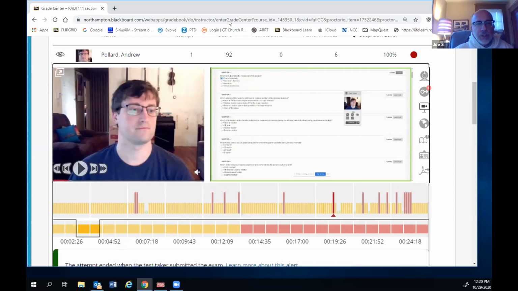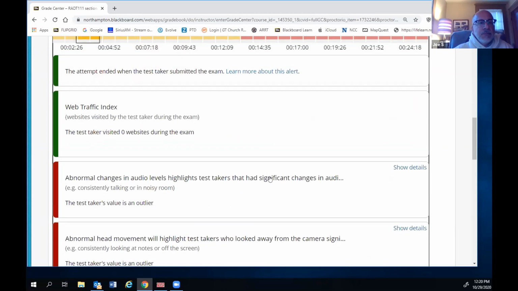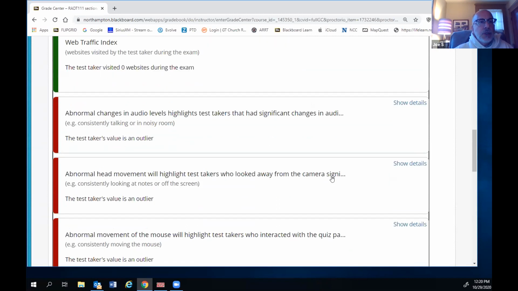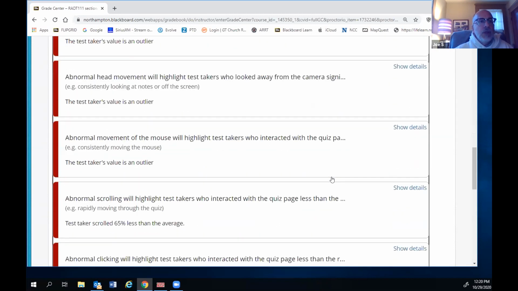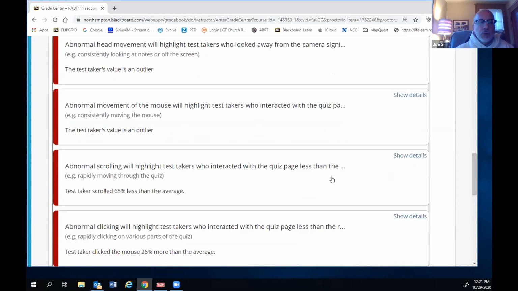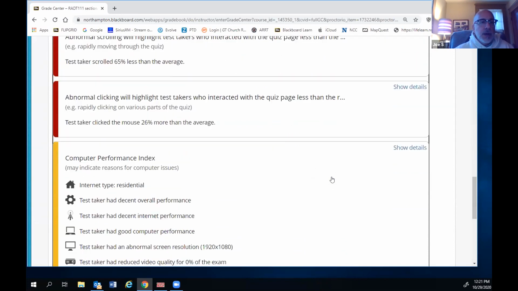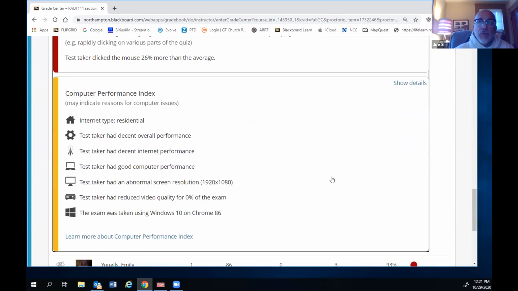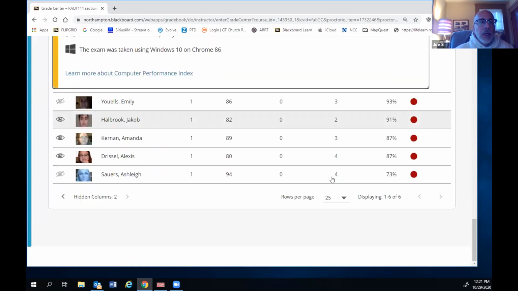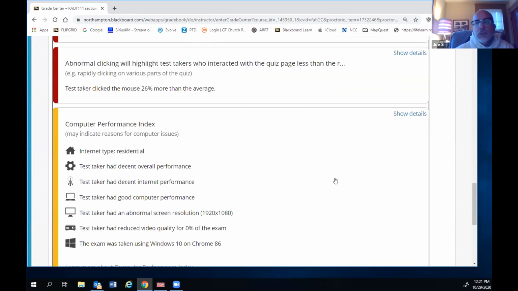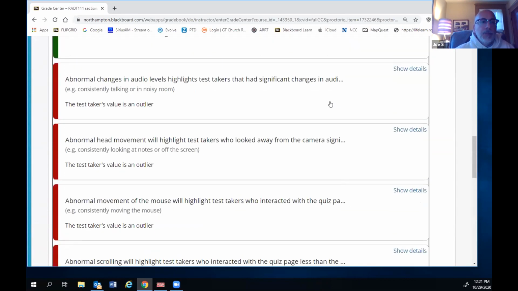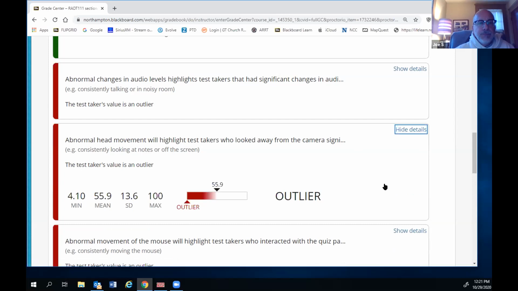If you scroll down, let's just show them the rest of that. You'll see some information about the attempt itself. You'll see information about certain things that happen. Notice the color coding along with the information, giving you some ideas. So there's a lot of information given here as you review these settings for each student. Pretty cool. And you can see over on the right, show details. So it gives you an explanation about that, right?